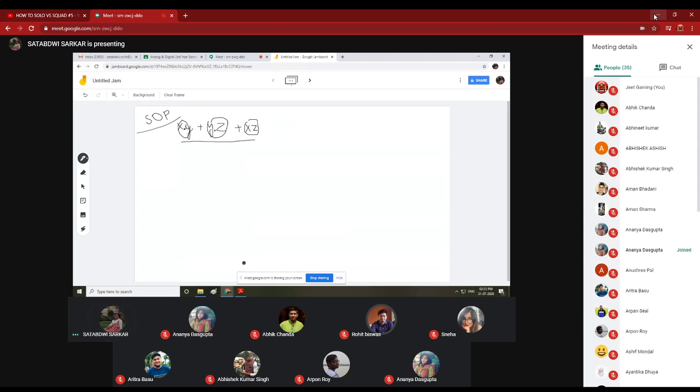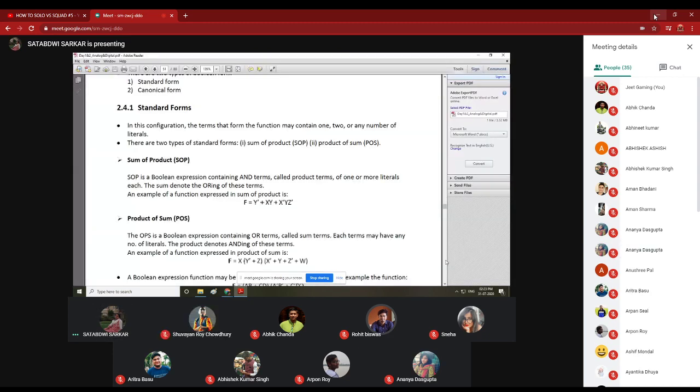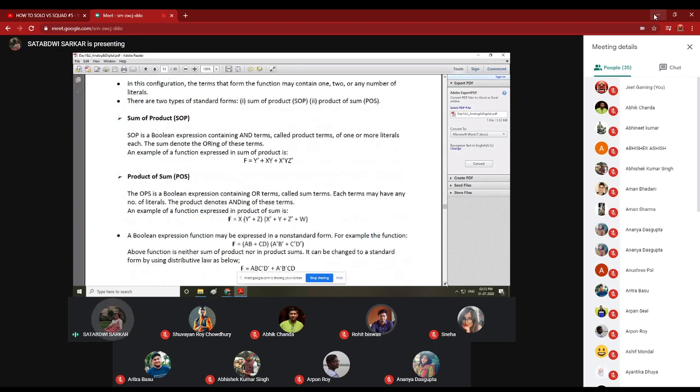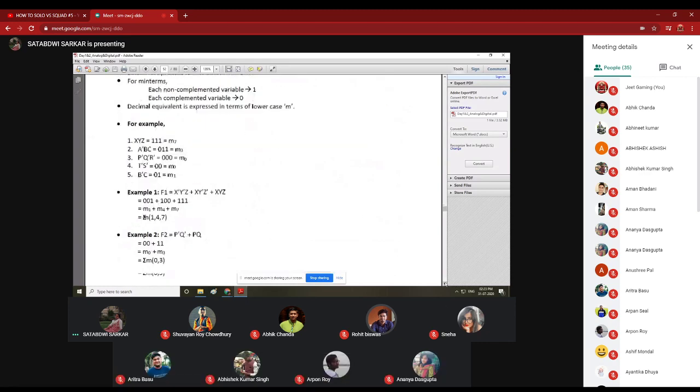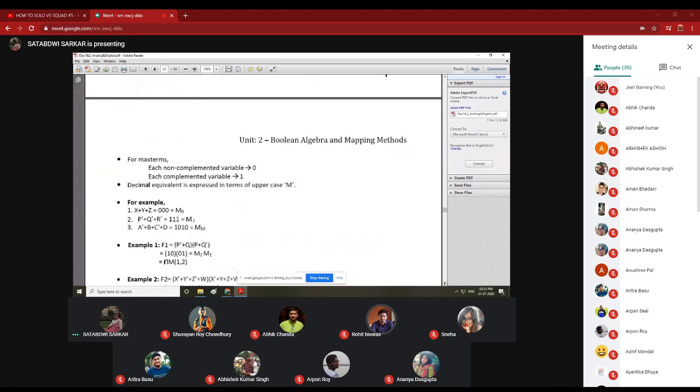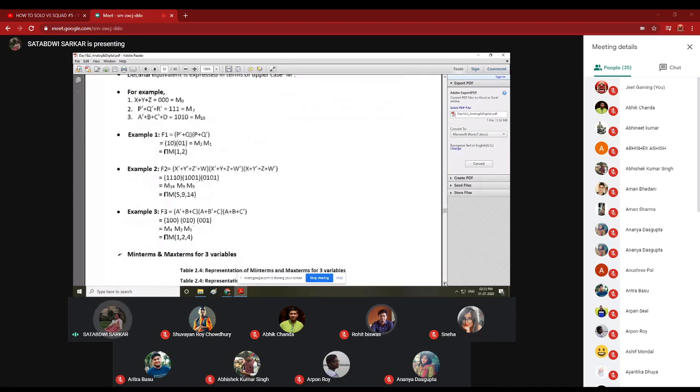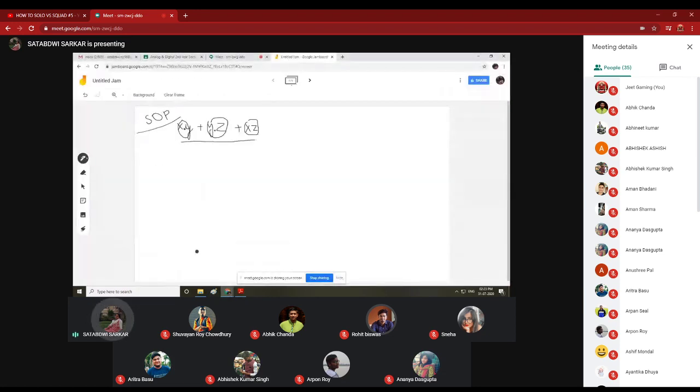So together we say this as sum of product form. Okay, then for doing the K-map of sum of product form, suppose K-map of two variables. Okay, let me show you. K-map of two variables. Let us have an example of any logic gate. So let us think that is OR gate.